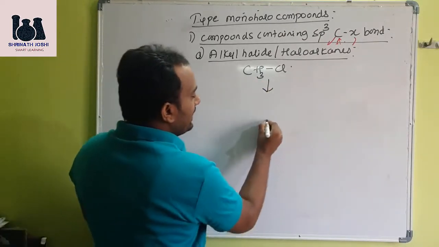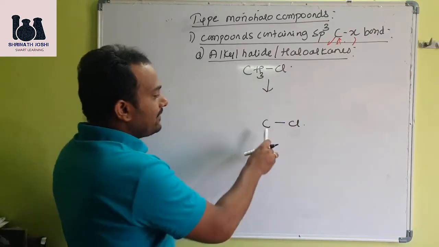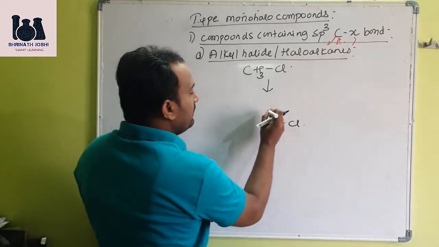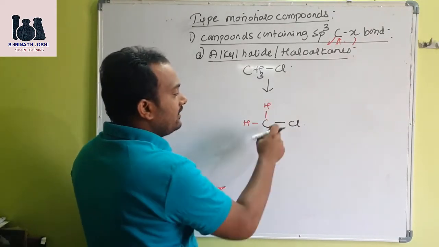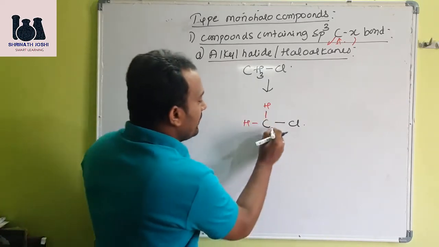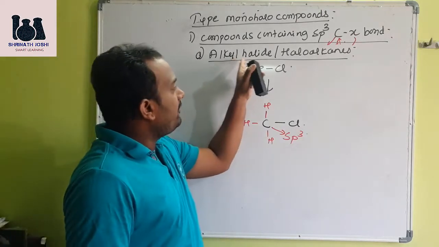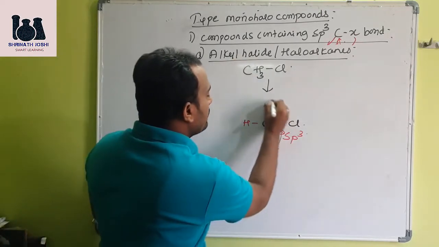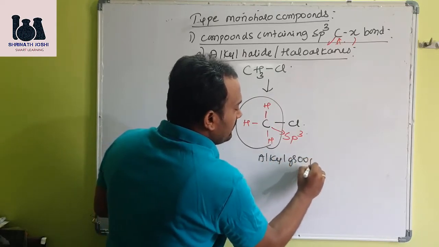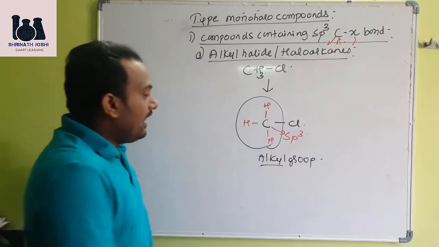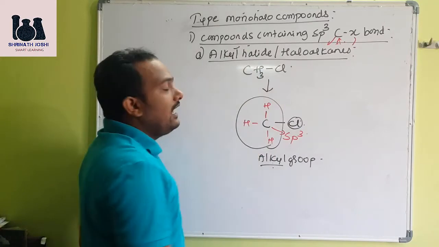We have a carbon at the center. Carbon is bonded to chlorine. I have written the same carbon, then bonded to 3 hydrogen. Those hydrogen also I will write here. Now you check, everywhere there is a single bond, means this carbon must be which one? sp3 hybridized, and it is coming under the type of alkyl halide because this entire group is called as alkyl group in general. Now it is methyl, no doubt, but in general it is called as what? Alkyl. Why it is called as alkyl? Because we have alkyl and halide, therefore they are classified as alkyl halides.